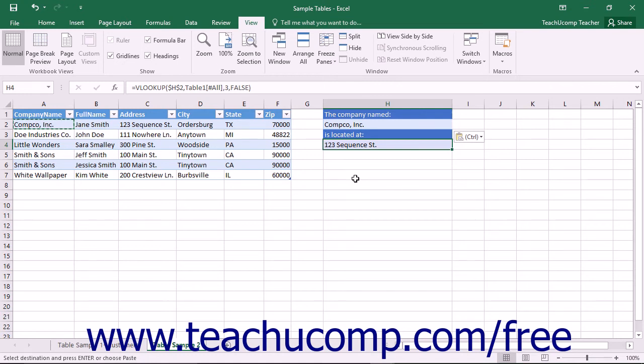The syntax of a lookup function is either equals Vlookup, open parenthesis, lookup value, comma, table array, comma, column index number, comma, range lookup, or equals Hlookup, open parenthesis, lookup value, comma, table array, comma, row index number, comma, range lookup, close parenthesis. When you're entering the table array value for the lookup function, it may be useful to assign